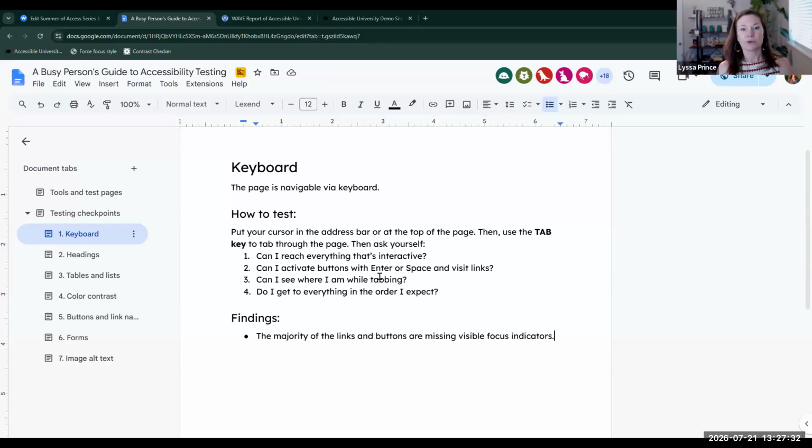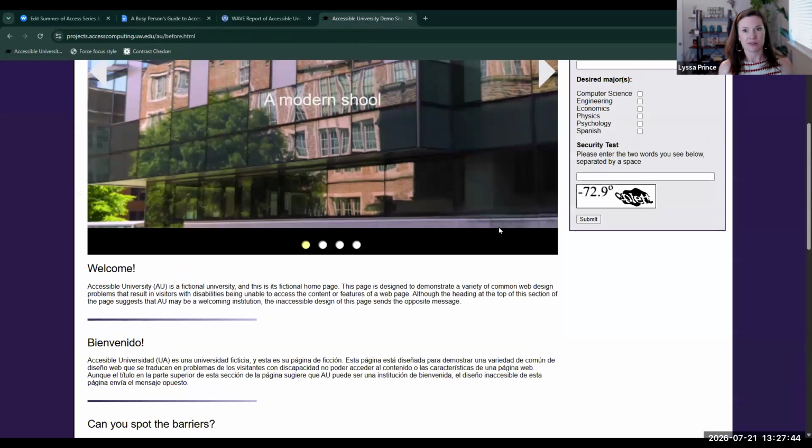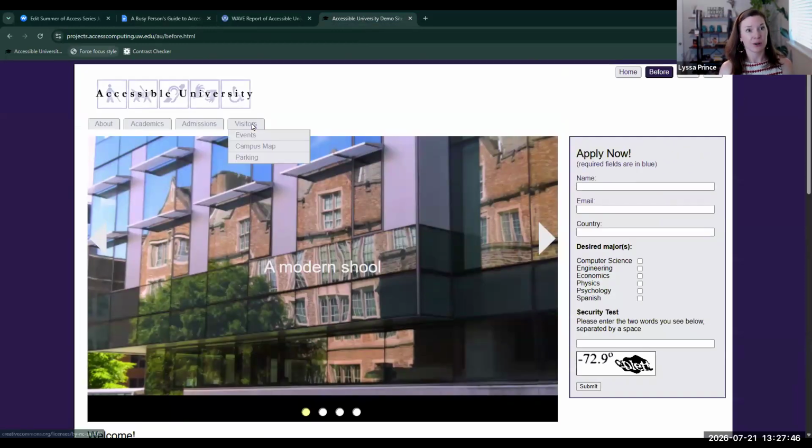Now, if we were to want to check the other things, like I said, number 2, I feel like that's something that most people know how to test, so I didn't want to cover that too well. But can I reach everything that's interactive? Let's go back and think about that one. I'm going to turn on my force focus style on this one just so that if we do find an issue, we know where we're at. So we're going to go through,